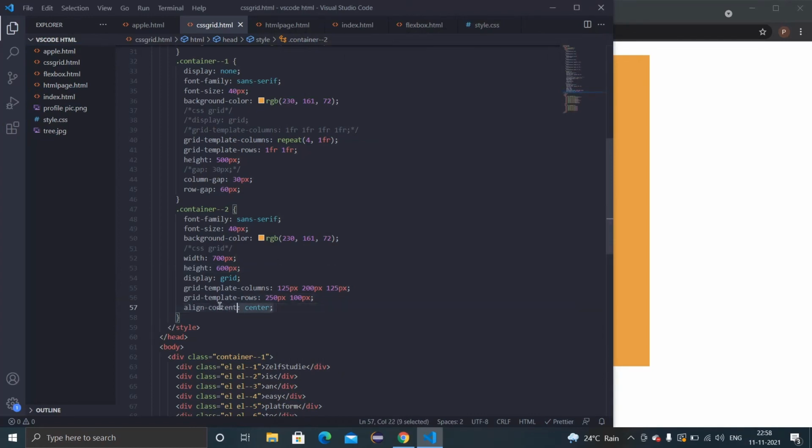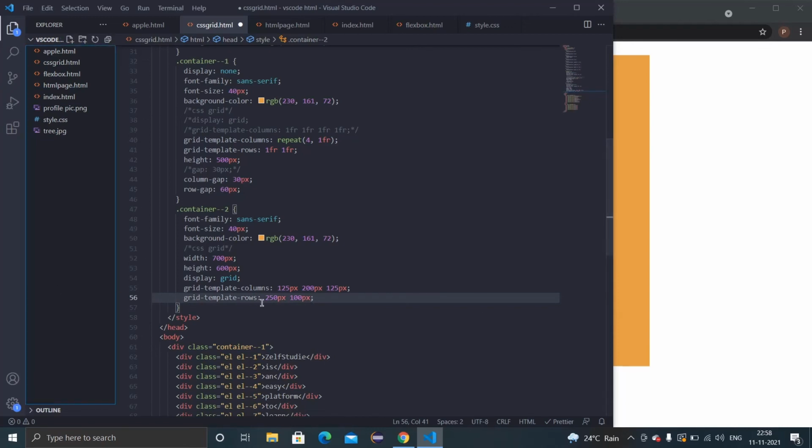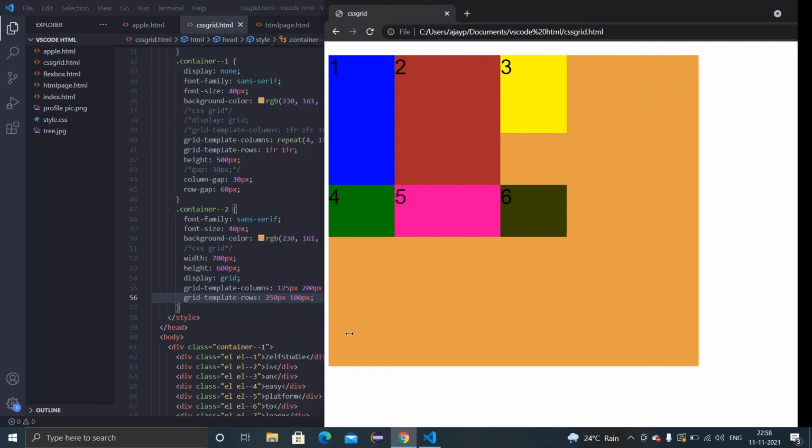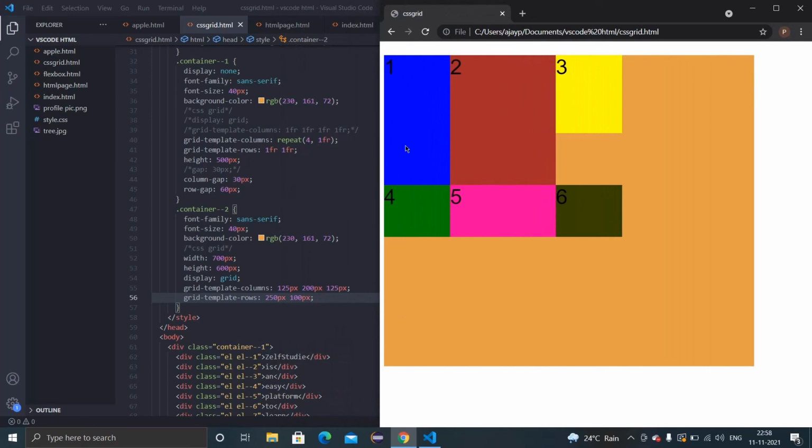I'm sorry, I'll just remove this align content. This is where I made the mistake. I'll reload this. This is basically how it is at the beginning. So now everything looks great. We have the fixed width and the fixed height and everything. Here you can see it is 150 pixels and the remaining things are